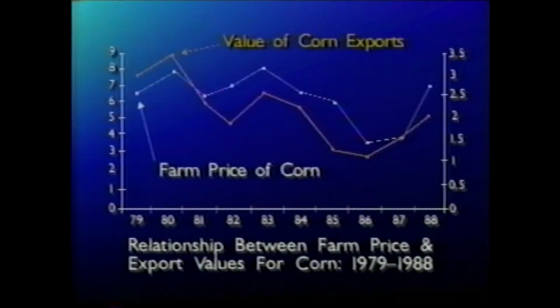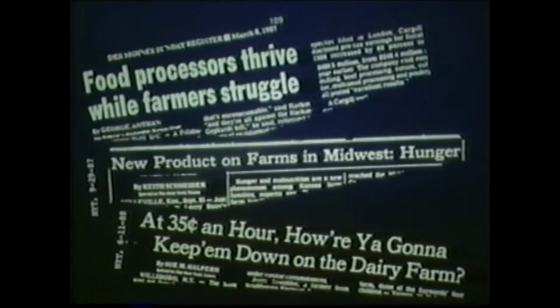This chart illustrates the close relationship between the price of corn and the value of our corn exports. U.S. corn exports continued to fall until farm prices began to move higher in the late 1980s due to severe drought. Although food processors and grain exporters enjoyed record profits, the 1985 Farm Bill failed to return prosperity to rural America. Although the volume of exports rose, the value of farmers' crops continued to drop, creating an even more depressed condition